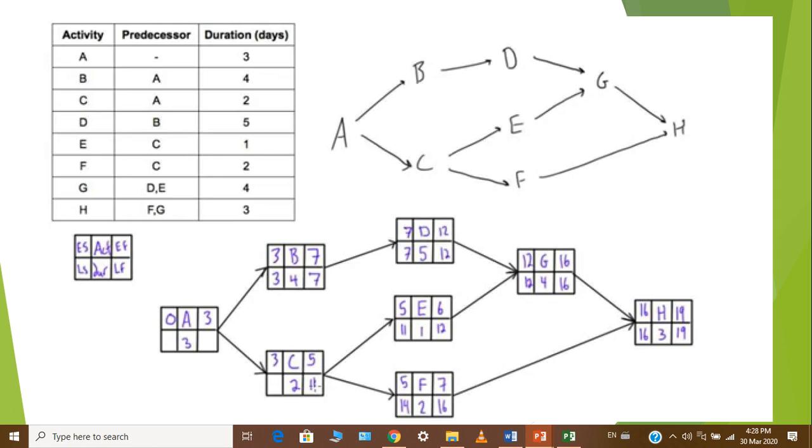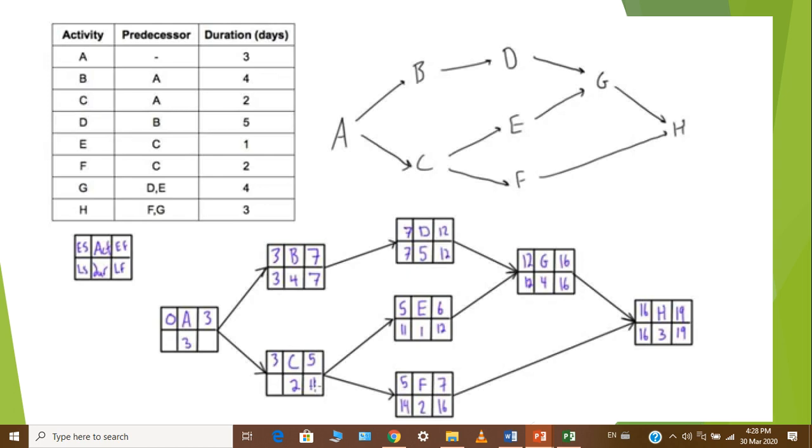Can you see that, for example, this case over here, we might have a 12 and we might have a 6 as an early finish, but we would pick the 12, for example, as the early start for our dependent process